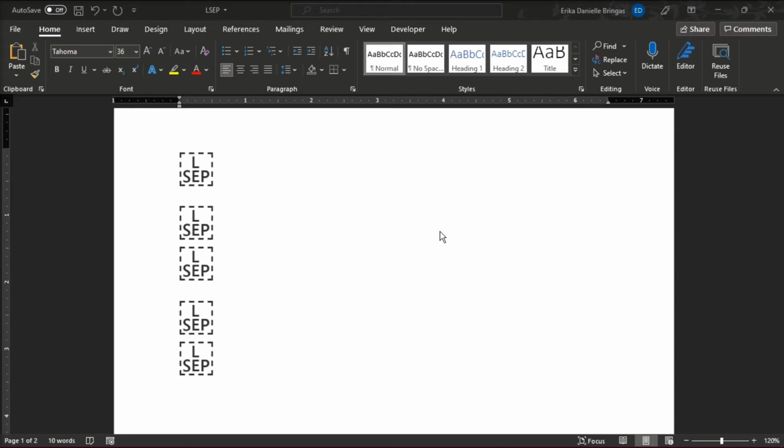Open the document that you need to work on, and for this demonstration, we will only have the unique characters. Then go to the Home tab, and in the Editing group, select Replace, and when the Find and Replace box